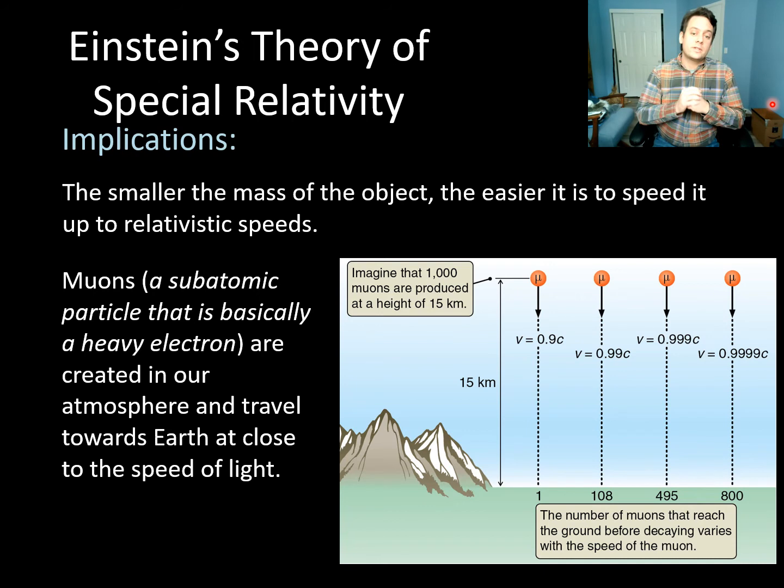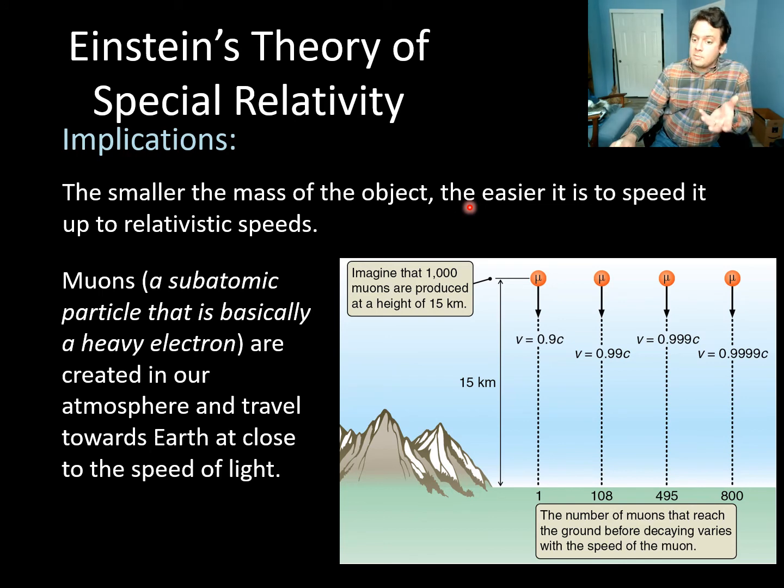Nature is creating them all the time. And so the question is, well, what can we do with these things? How can we use them to test special relativity? So let's imagine that 1,000 muons are produced at a height of 15 kilometers, just to pick a number. Well, the number of muons